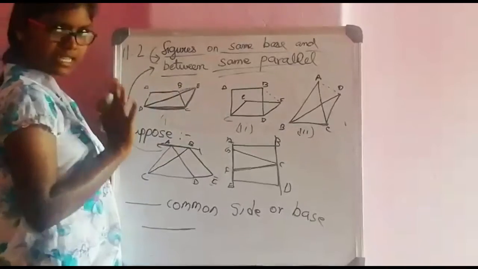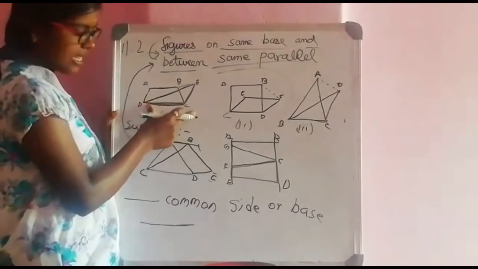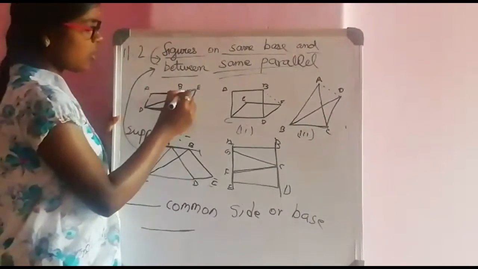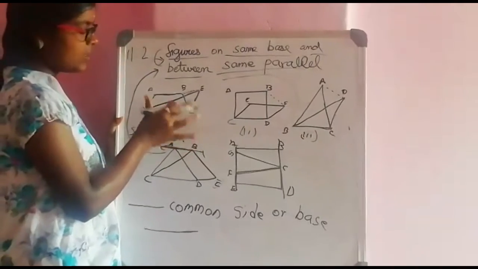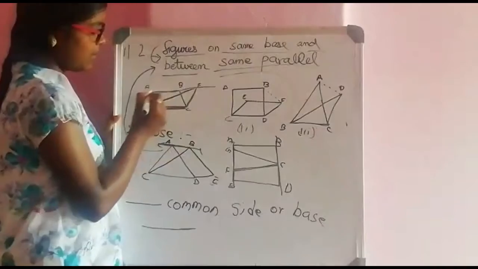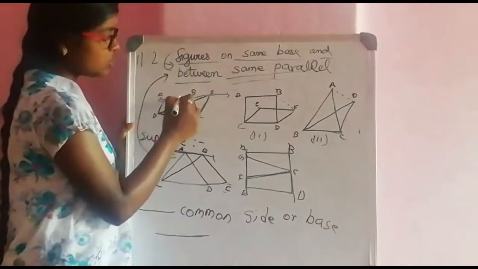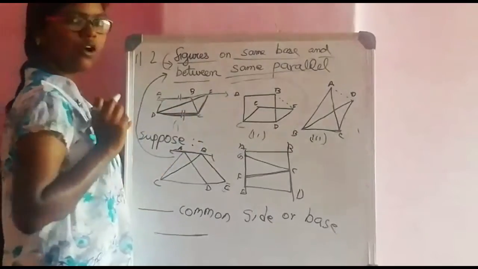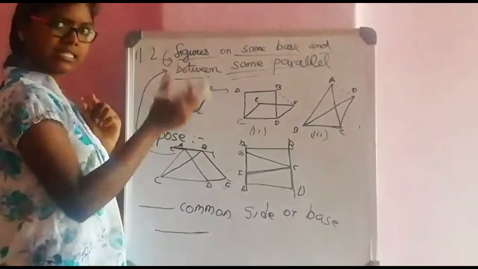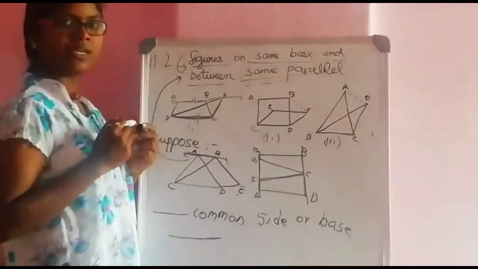When two figures are given and I find the common side, and this common side is considered to be the common base, and the vertex opposite to this common side of both the figures should lie on the same line, and this line should be parallel to the common base. At that time you can categorize these figures or shapes as figures on the same base and between the same